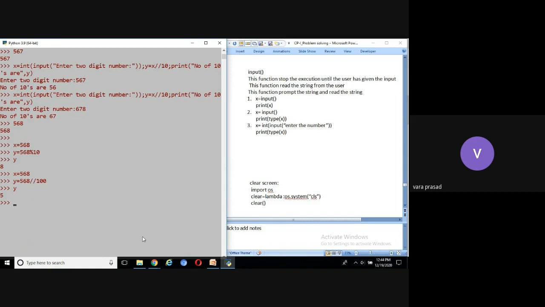We got the number of ones. We got the number of hundreds. How to get the number of tens? Because according to the previous example, if you take number of tens equal to 56, then number of ones equal to 8. But the format is different. 568: number of hundreds equal to 5, number of tens equal to 6, number of ones equal to 8. Or number of tens equal to 56, number of ones equal to 8. But better use the first form. How to get the number of tens?